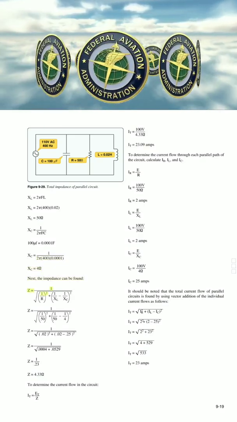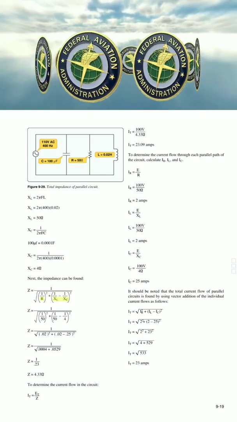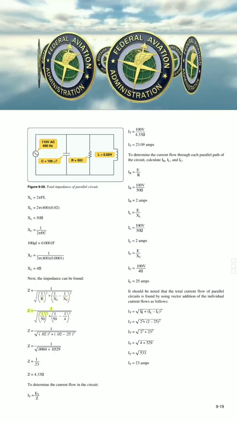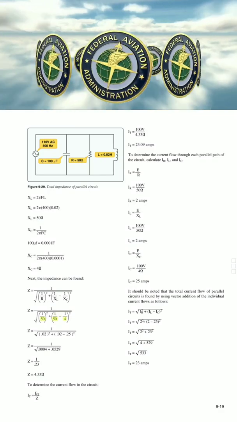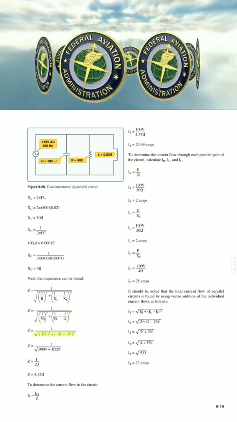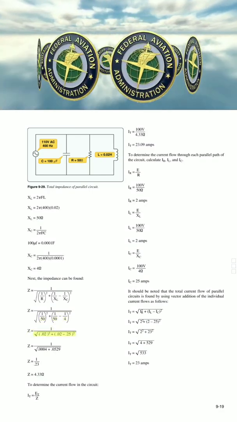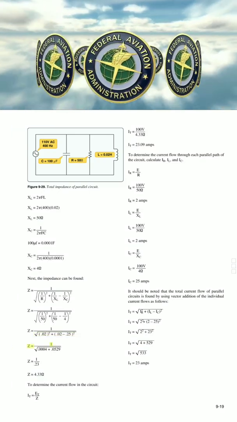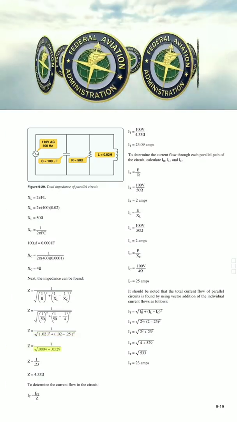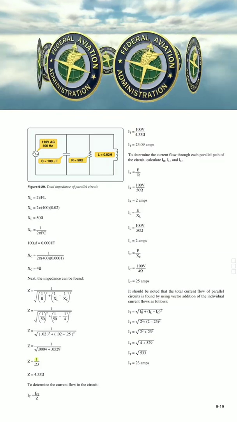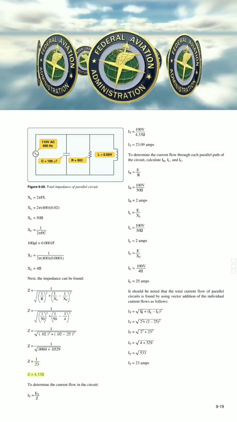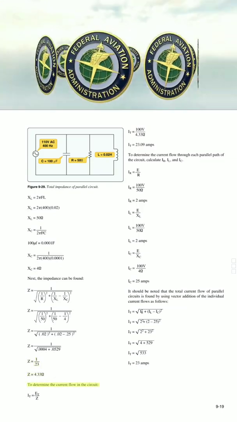1/Z equals the square root of (1/R)² plus (1/XL − 1/XC)². 1/Z equals the square root of (1/50)² plus (1/50 − 1/4)². 1/Z equals 0.02² plus 0.02 − 0.25 squared. 1/Z equals 0.0004 plus 0.0529. Z equals 4.33 ohms. To determine the current flow in the circuit: